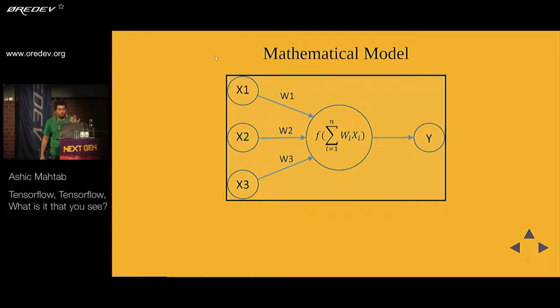And how the mathematical model works is essentially that you have inputs, you have weights, you do weighted sums, and you call a function on it, and that produces an output. That's essentially the building block. That's what a perceptron is. And when you're training it, what you're effectively doing is, for a certain set of data, finding the weights that produce output that looks most like my input.